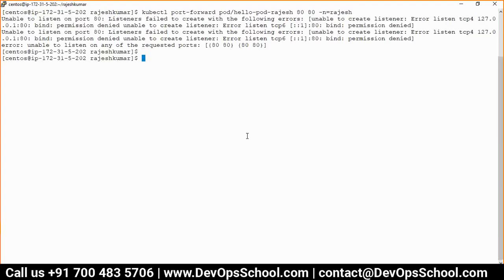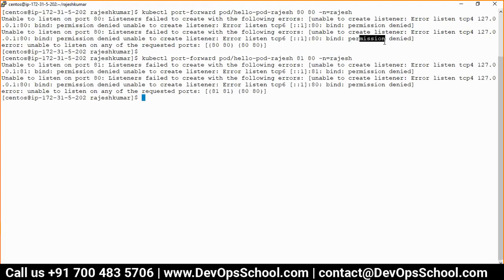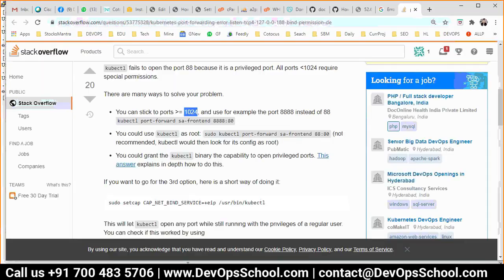Clear the screen. No, 80 also not allowed. 81. No. So that instruction will not work.